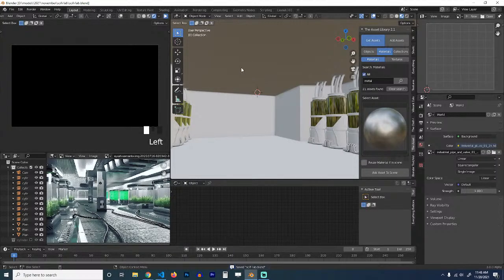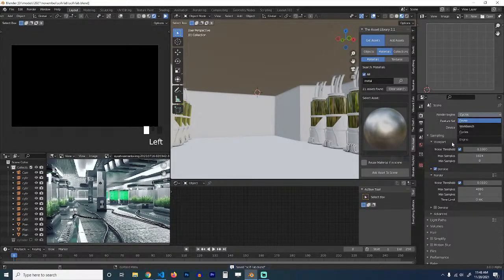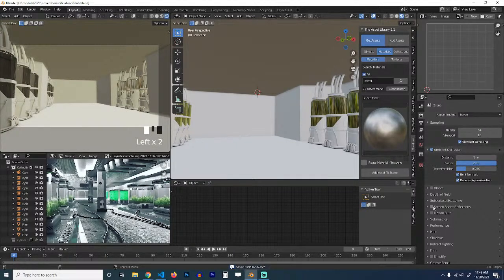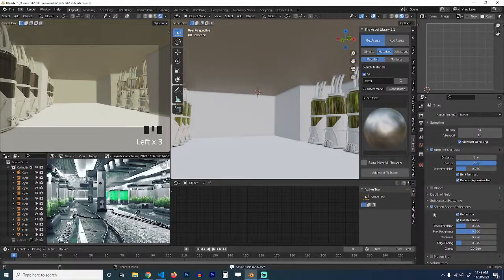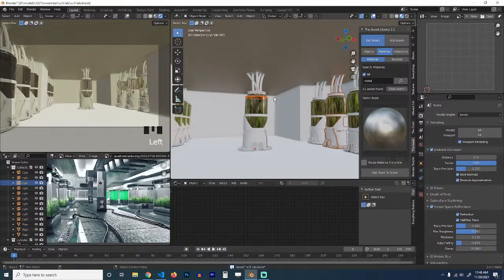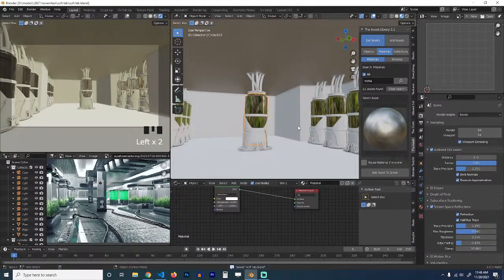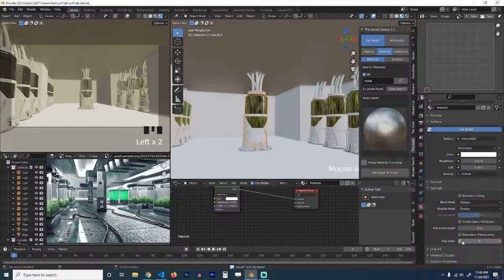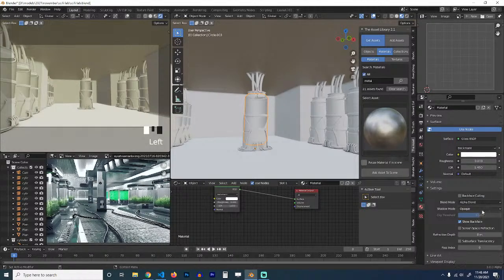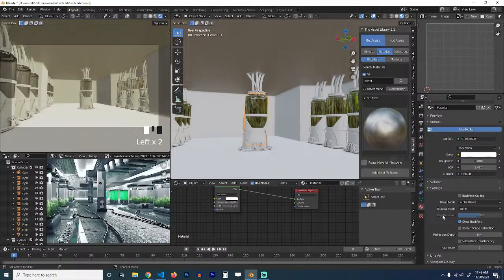And if we're in Eevee, I want to have screen space reflections and refractions, and for the glass object or this cylinder, actually, I can keep one in the center like that. It'll be much easier to access. Just make sure that I have blending on, none for the shadows,